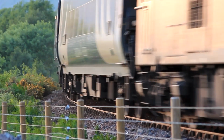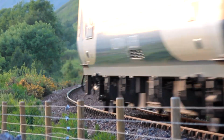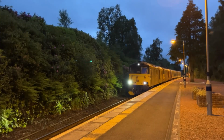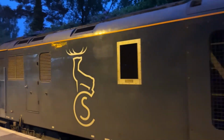The Caledonian Sleeper has been under a separate contract since 2015, operated by Serco plc. Class 67s were replaced by the former BR Southern Region electro-diesel Class 73s, heavily refurbished by GB Railfreight. Their unreliability soon became apparent, however, and this has led to several combinations being tried, including double heading, and being